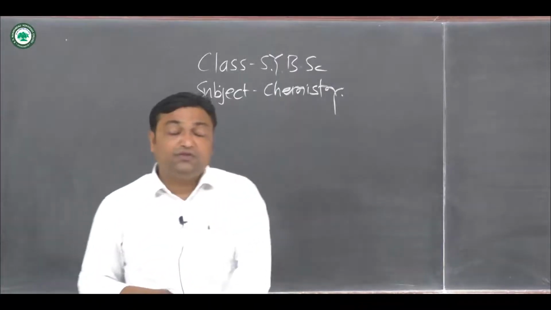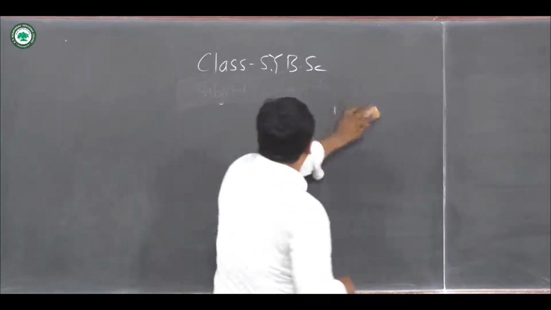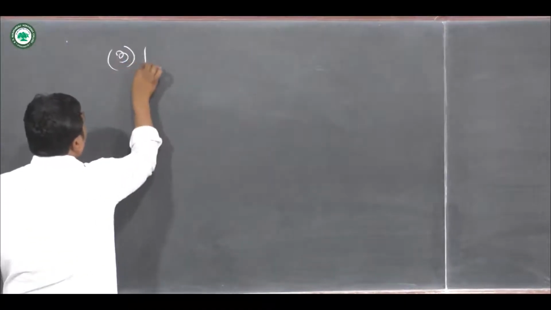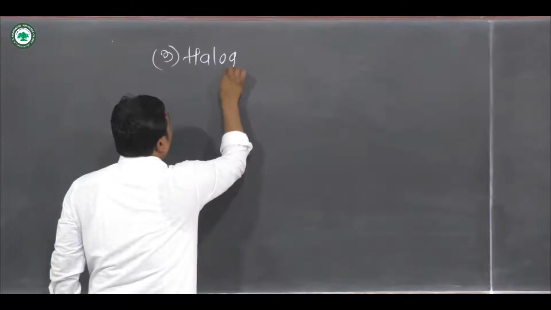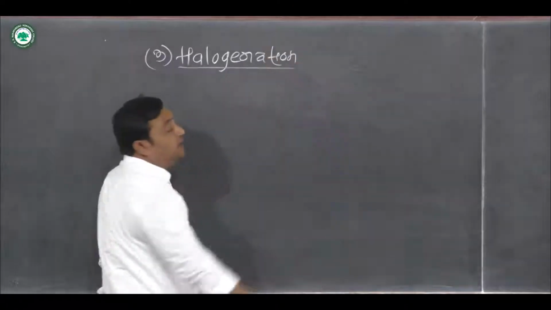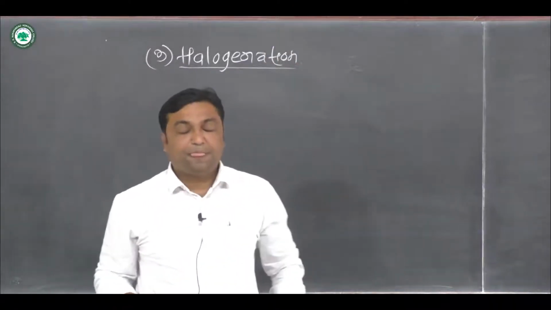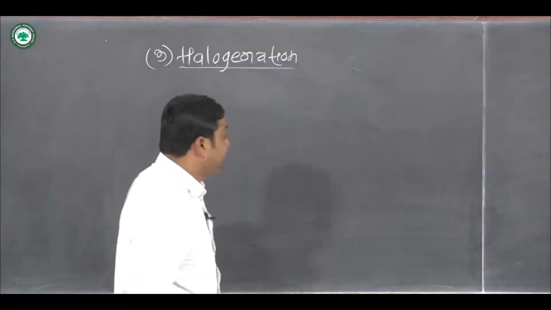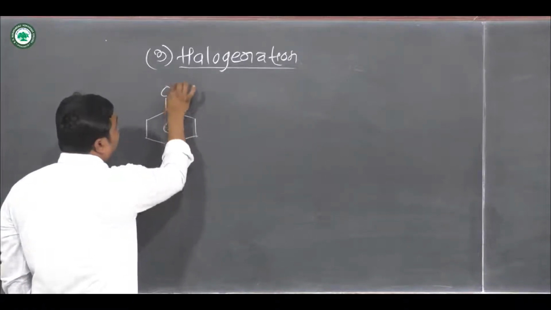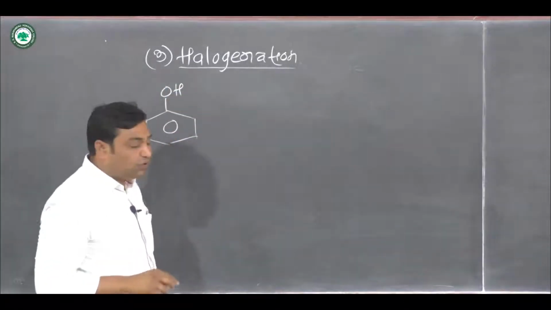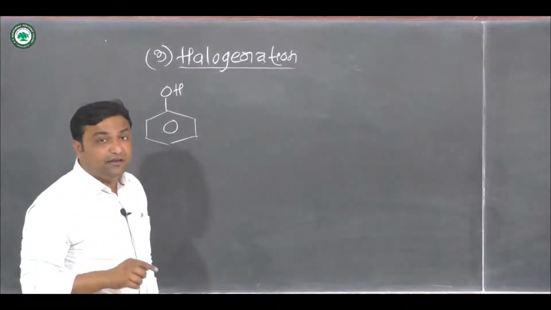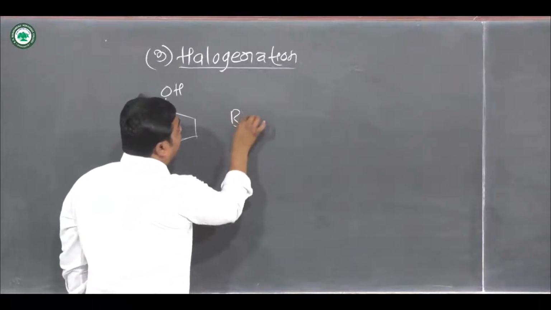Now for that we have to see our halogenation. In case of halogenation, when phenol molecule is treated with, for example, bromine molecule,